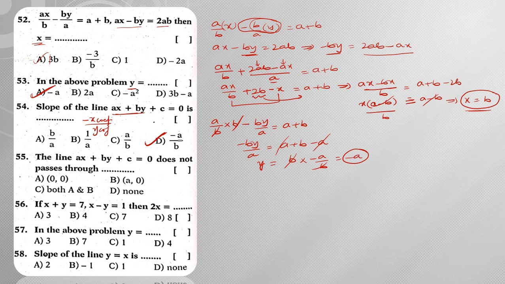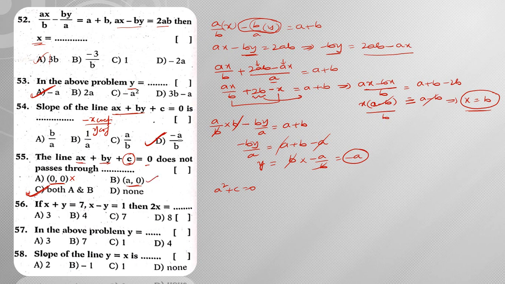Next, the line ax plus by plus c is equal to 0 does not pass through. If you observe this carefully, when I am having 0 comma 0 and you substitute 0 comma 0 here, c is equal to 0. That means it is not satisfying the given equation. That means it is not passing through 0 comma 0. Right? Next we need to check for a comma 0 also. So when I substitute in the place of x a, then it becomes a square plus c is equal to 0. Okay, so this is also not possible. Hence the answer is option C, because it contains a constant term. That means it does not pass through the origin clearly.